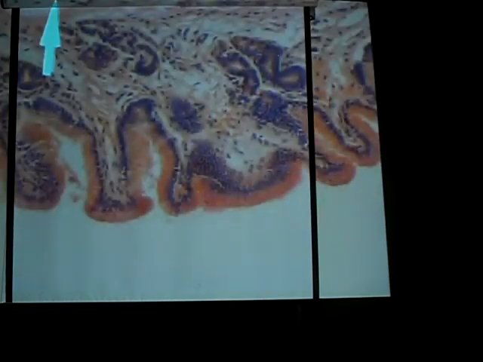Alright, so we don't have power. Alright, so we have the simple squamous